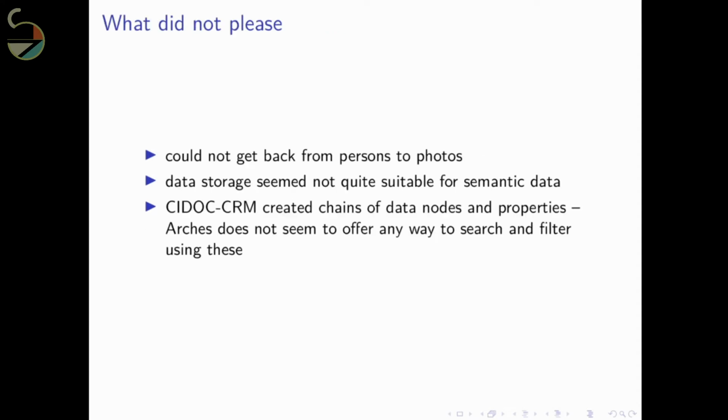I'll get straight to the point of what did not please me that much in the process. I figured out that, for example, where we were documenting photos, the photos have the person who has taken the photograph, who owns the intellectual property rights to the photograph, and it's very important to keep this